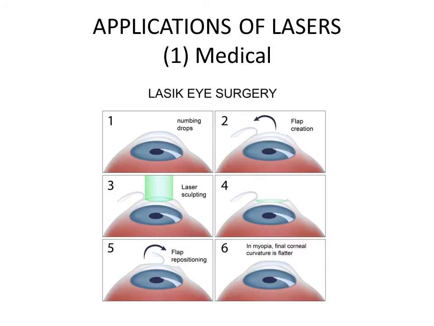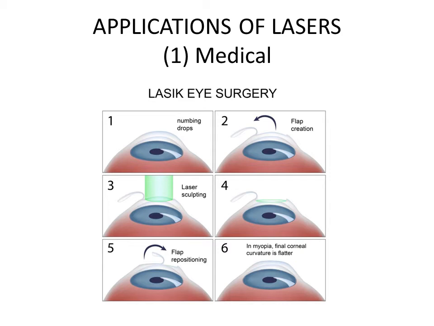Now moving on to the applications of laser. First one we will see some of the medical applications. You see this LASIK eye surgery. It is the most commonly used technique, and it is very popular. It is a laser surgery. It is a surgery in the eye using laser, and normally it is used to correct the curvature of the lens or curvature in the cornea. So lens correction and the cornea correction will be done normally to correct the short sight or long sight. So these are the procedures.